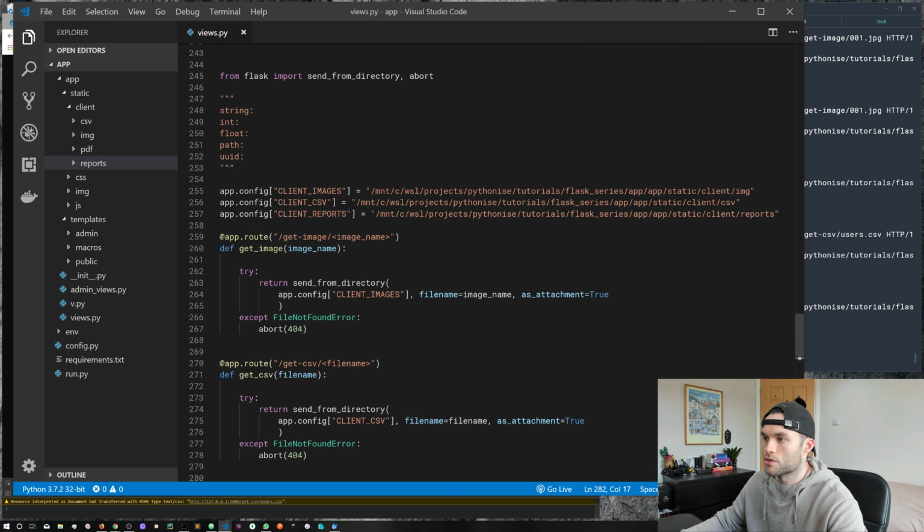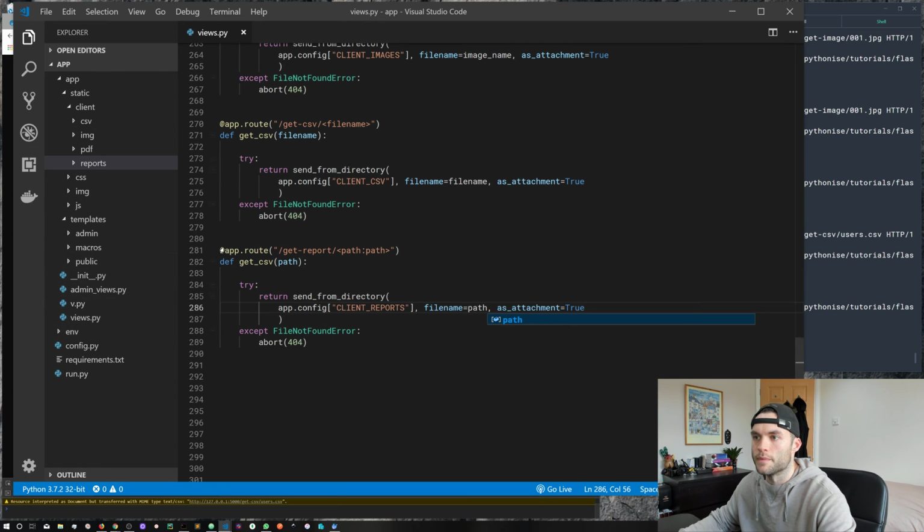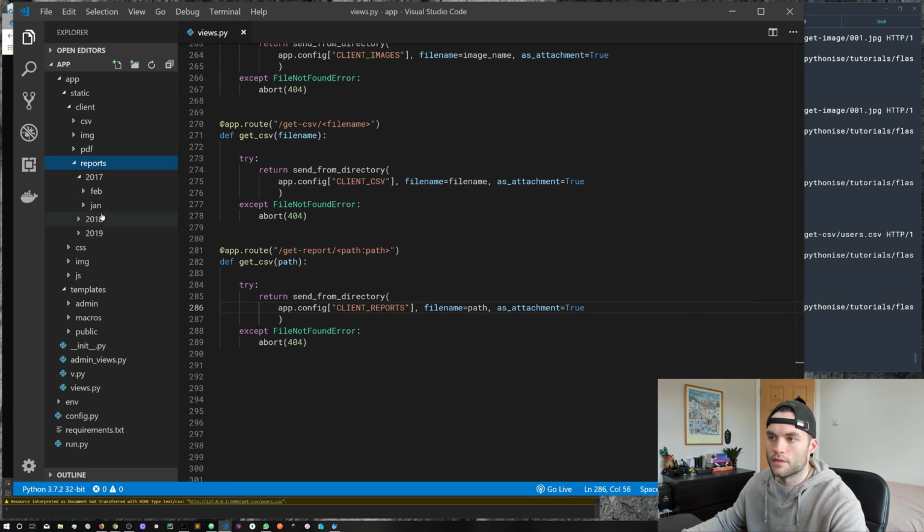So we want to change client CSV to client reports because this is our base directory here, and the file name I'm going to also change that to path, and as attachment we'll leave to true because we want our users to be able to download these files. So effectively we've got this dynamic system of routes that we've created just by adding the path converter, which is really interesting. So this saves us potentially a hell of a lot of work creating a get report